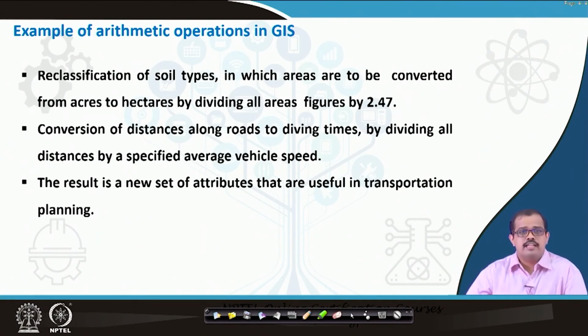And when you look at the example of arithmetic operations in GIS, reclassification, for example, if you have soil types, okay, there are soil types that are done if it is converted. So I have given it as a figure, Figure 2.47. So when you are looking at acres to hectares, most people make this mistake. When they try to do a reclassification of soil where area has to be converted,